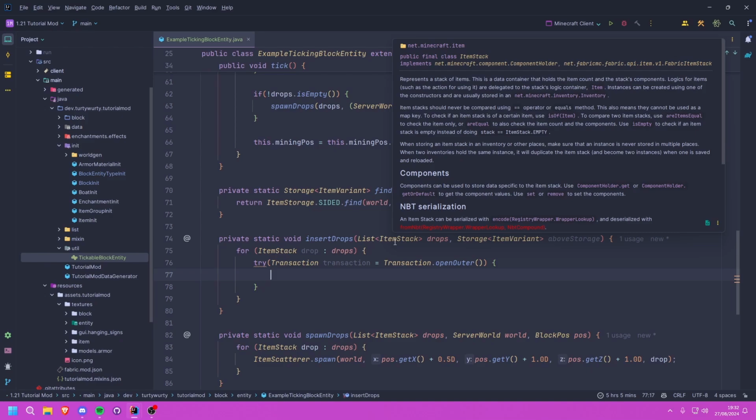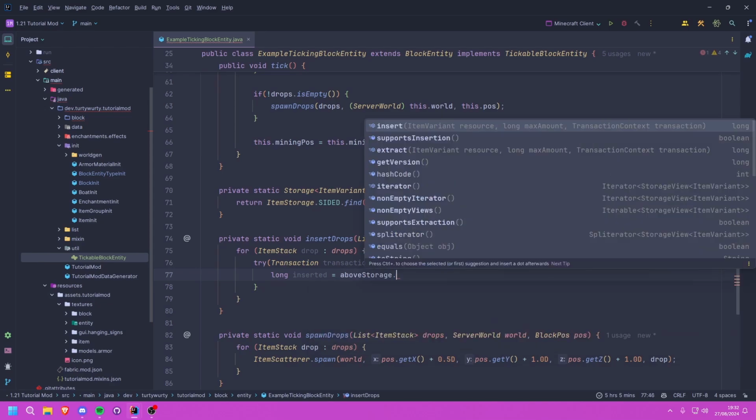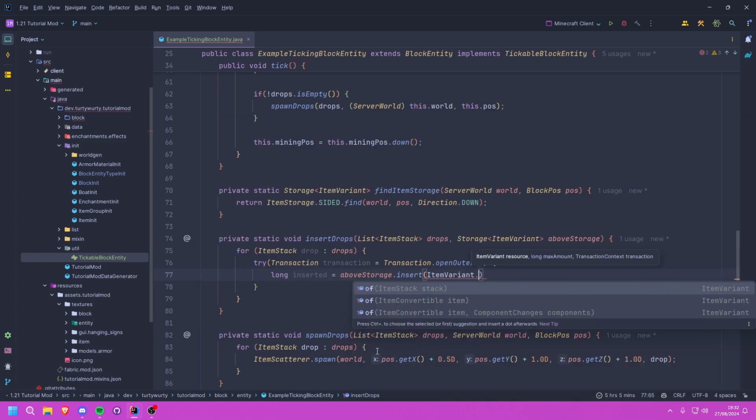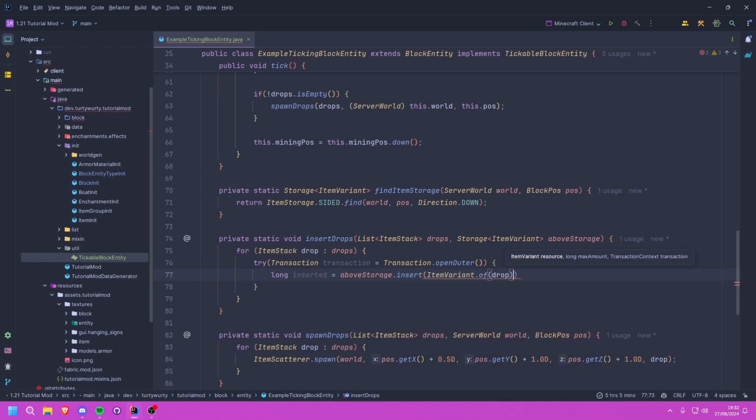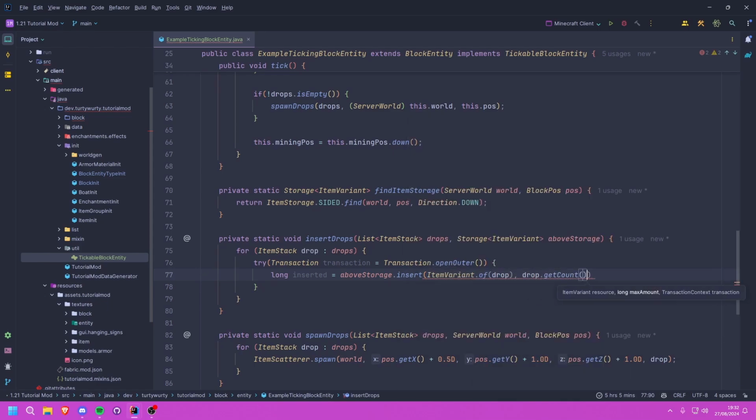So what we're going to say is long inserted, and we're going to set this equal to the aboveStorage dot insert. We're going to insert first the item variant, and the way we get that is by saying ItemVariant dot of, and we're just going to pass in the stack, which is the drop. Then we're going to pass in the max amount, which is going to be the count of the drop. So this is basically the maximum amount that it should try to insert. And then finally, we just pass in